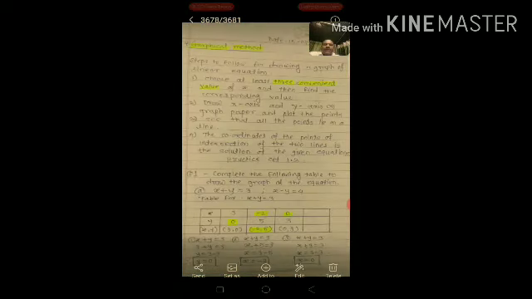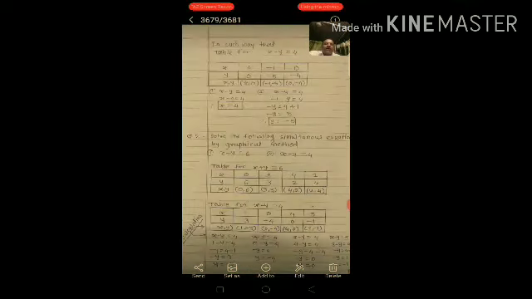In this way the first activity is solved: complete the following table to draw the graph of the equation. For the given data, you should draw a graph. Then question 2: solve the following simultaneous equations by the graphical method. This question is also in practice set 1.2. Example first is x plus y is equal to 6, and the other equation for that first example is x minus y is equal to 4.